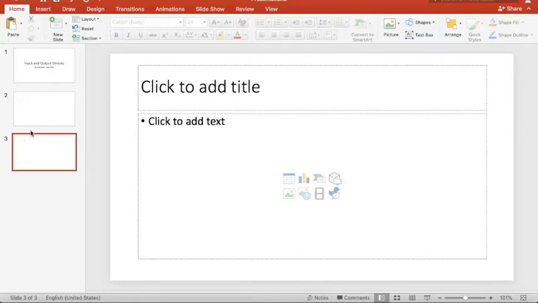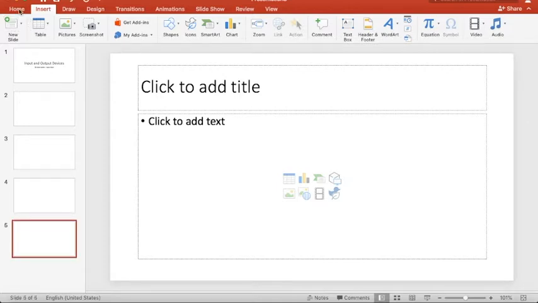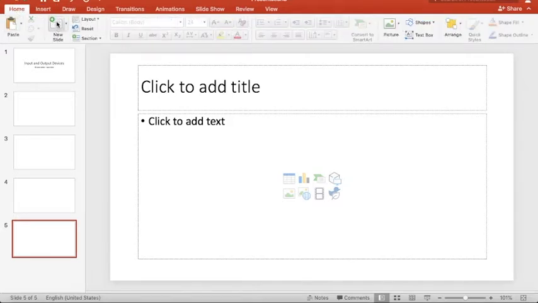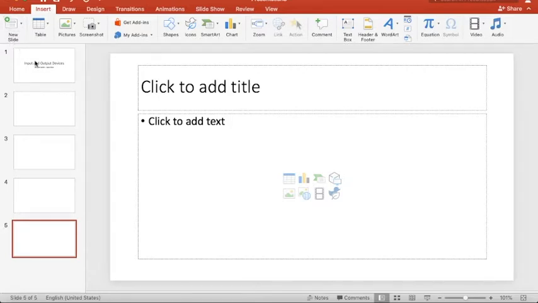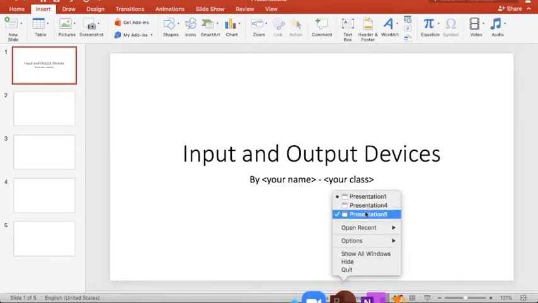The second way to add a new slide is to click Insert and then click New Slide. I will try this one. Again, click Insert and New Slide. I will click now 1, 2, 3. Okay, so there are two ways: Home, New Slide, and Insert, New Slide. Okay, we go back to slide number 1. And after you are done with this, the second skill we are going to learn about